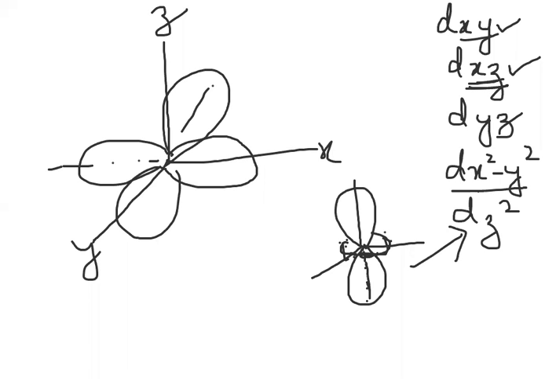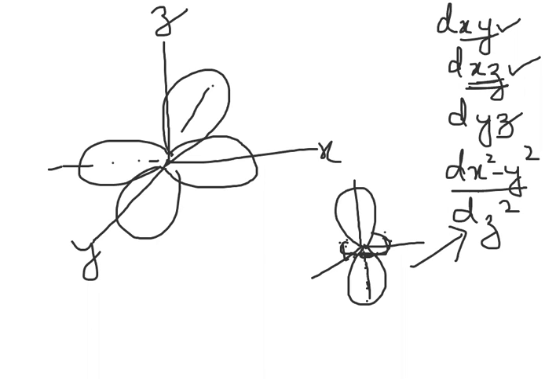Now, if you have understood the shapes, s orbitals are spherical in shape, p orbitals are dumbbell in shape, d orbitals are double dumbbell in shape, and the f orbitals are supposed to be fused in shape. And they are 7, each containing 2 electrons, making a total intake of 14 electrons. So this is what it means here.